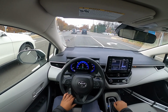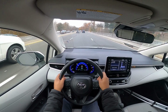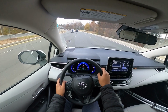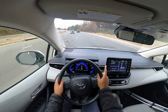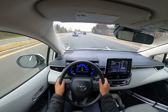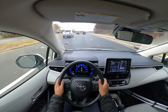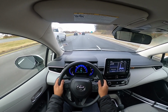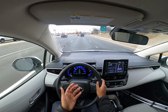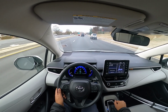Before we hit the highway, we're in eco mode. Did notice a couple things though driving in eco. I don't know if this does have regen braking, but it didn't slow down when you coast down and people start braking. I didn't really notice any of that. It just went in the EV mode and was basically charging the battery. See a red light coming up. Goes right in the EV mode. Engine shuts off. I mean, it coasts down, but I don't feel any regen. I don't know if you gotta put it in battery mode or what. Yeah, it feels a little more aggressive there, but